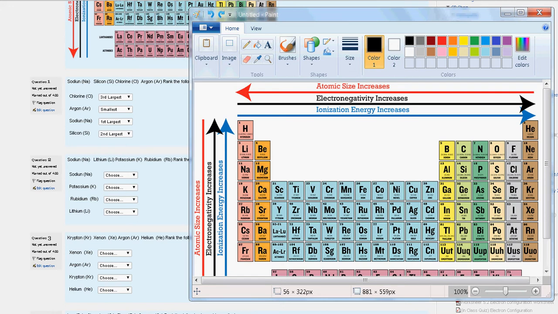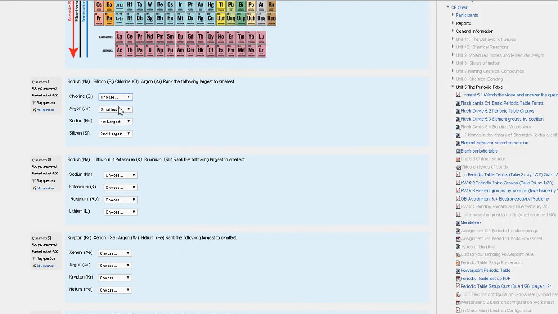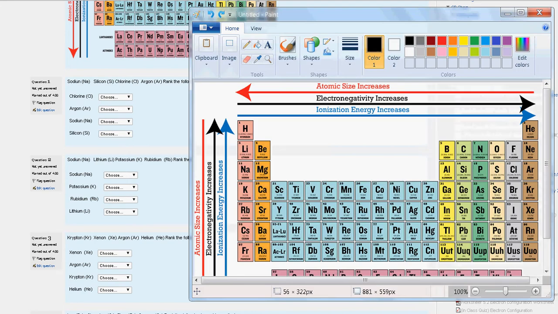All right, now to start off with, I'm going to put it back to where it was so you can see my thought process. So let's take a look. We're trying to compare chlorine. What I'm going to do is put a diamond around it. We're going to compare chlorine, which is right here,